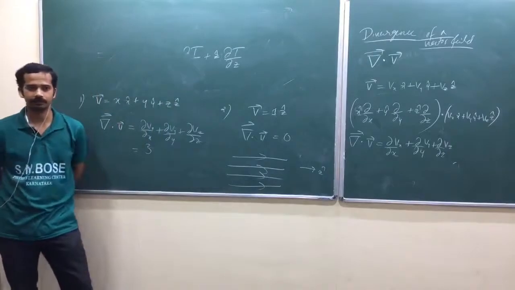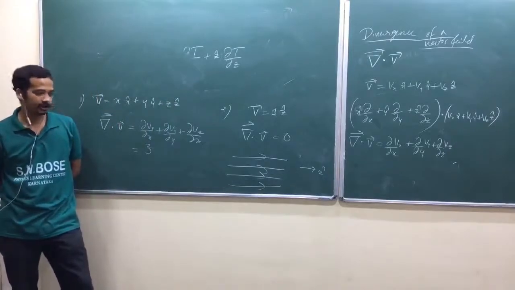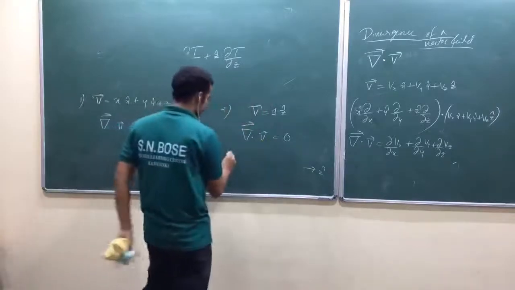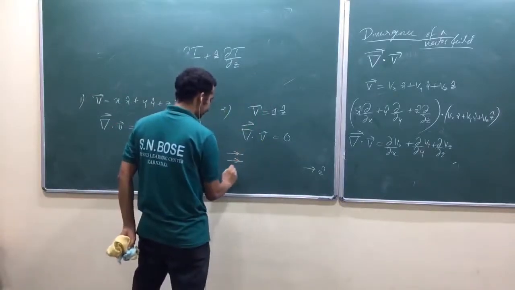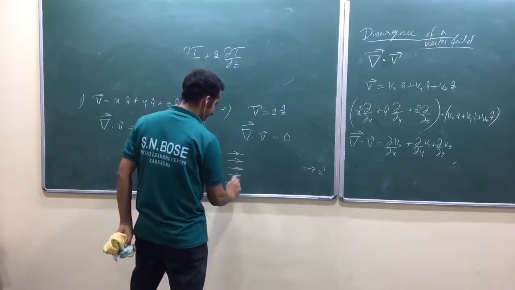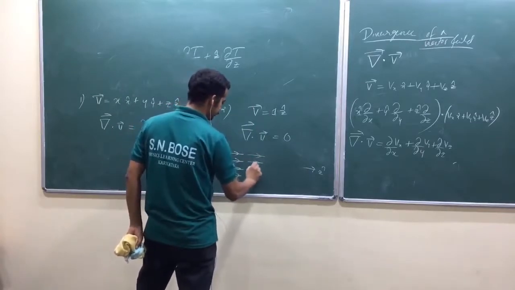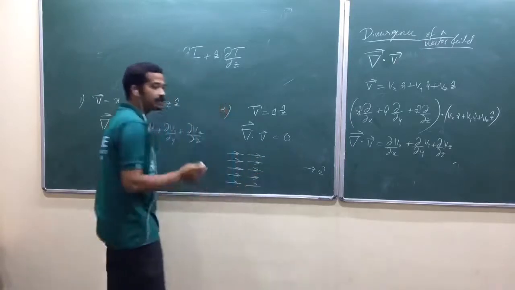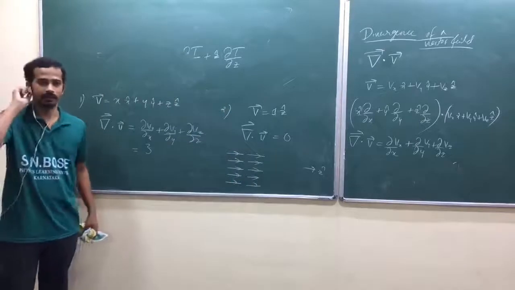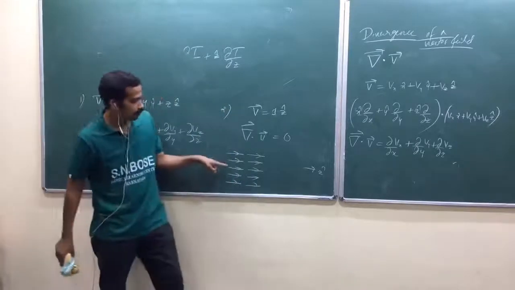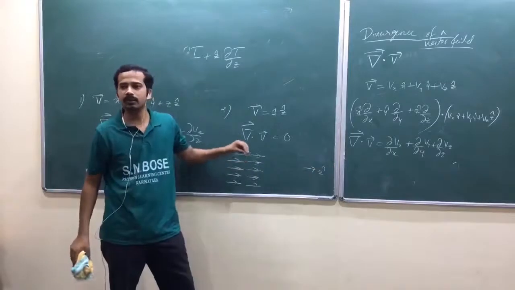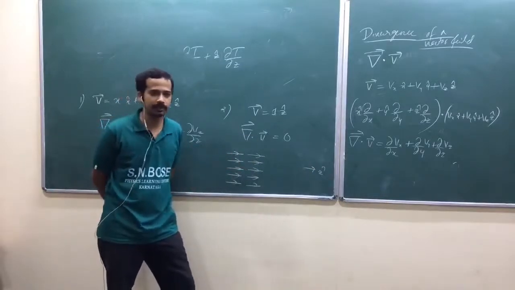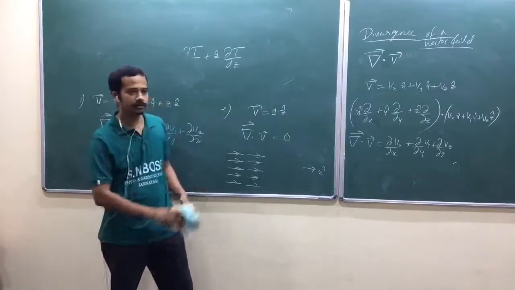That's the best idea. So now can I just draw again? Vector means the length of the arrow will represent the magnitude, am I right? Now let me just draw it like this. There are different ways of representing a vector field. What I am showing is, if I move along the z axis, the strength of the vector is not changing. I want to represent that one. How do you represent it? There are many ways, that's left to you. Now I am going to represent it like this.